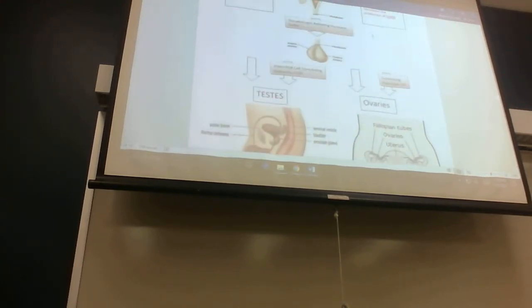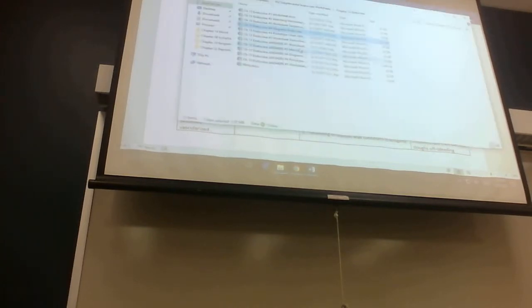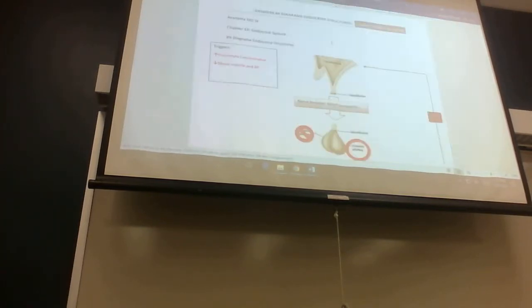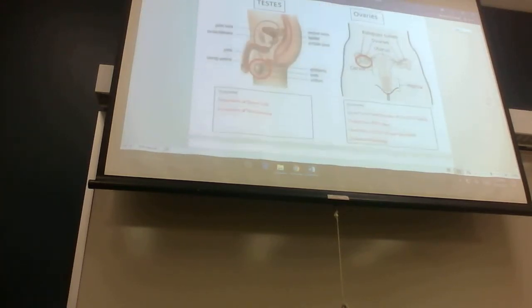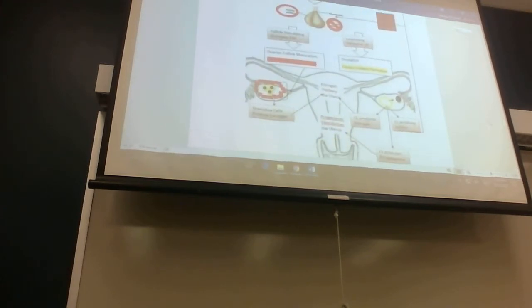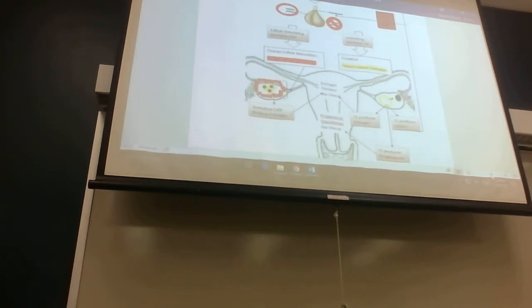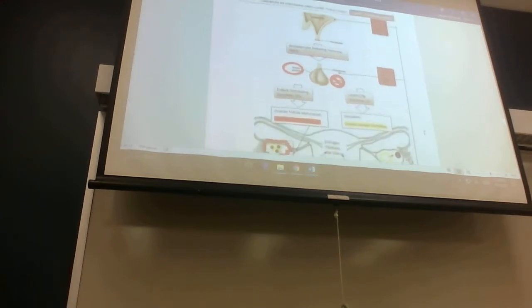So this is the basic breakdown. Oh shoot, this is the wrong one. I need the answers, just so you can see everything. Okay. Actually, this worksheet's been really helpful in teaching stuff. So this is the female one, and this is what we're going to be talking about. If you have this at home, that'll help. So basically, normally,